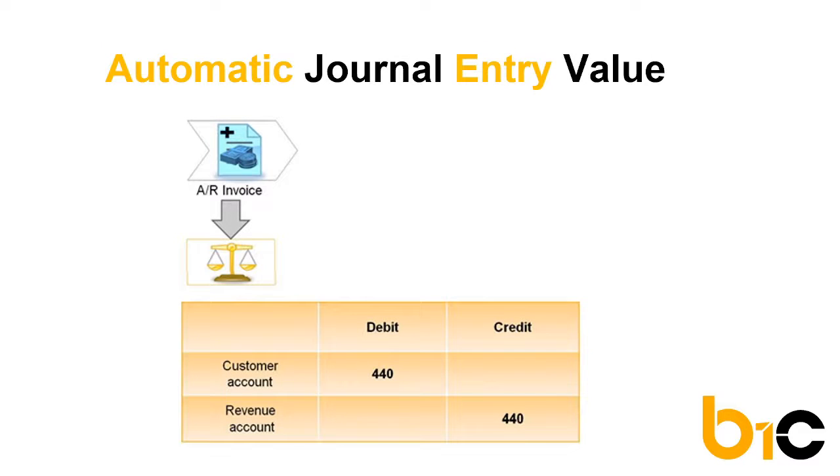We have learned how the system knows which accounts to use in automatic journal entries. This is done using the value defined in the GL account determination window. But how does the system